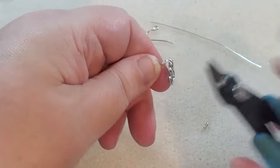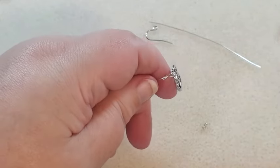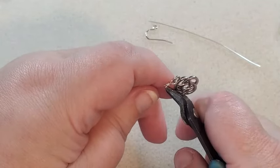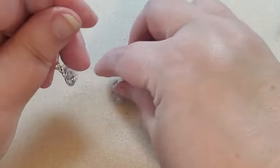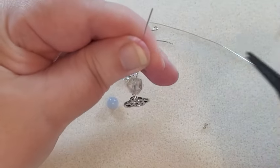And take my cutters and cut off my extra wire. I keep not getting it cut off good enough today. Now I'm going to take my English cut bead, put it on here, take my pliers, go to the tip